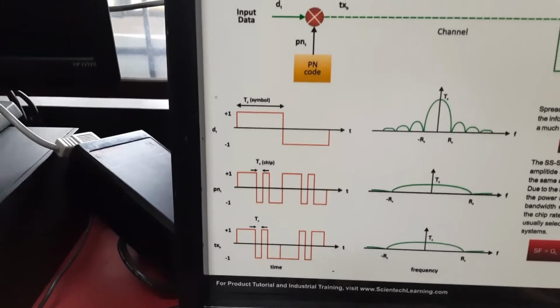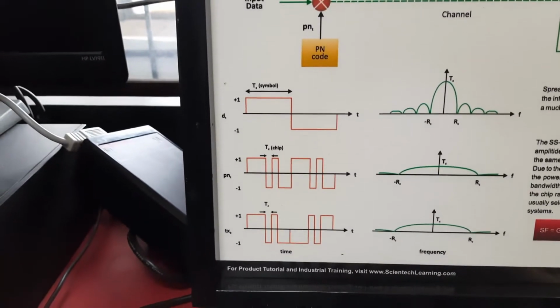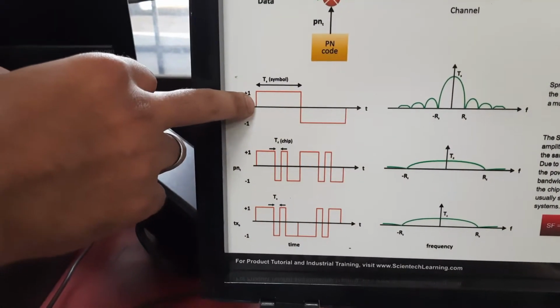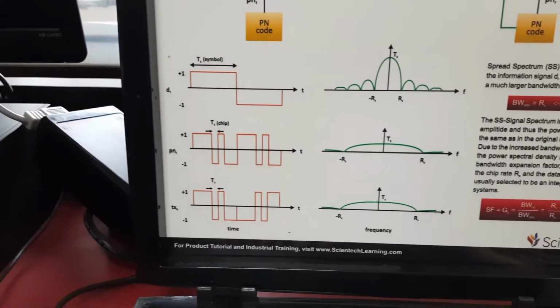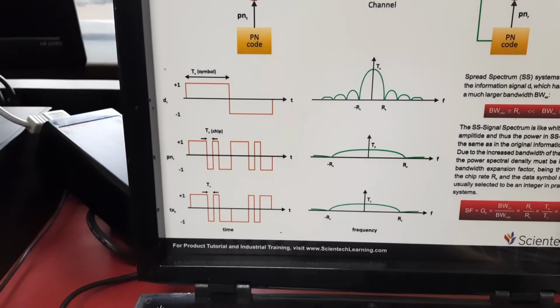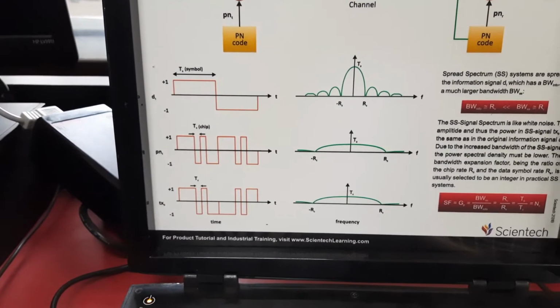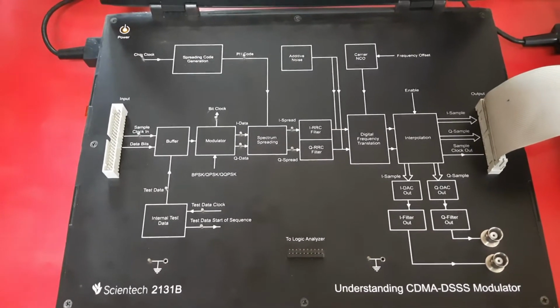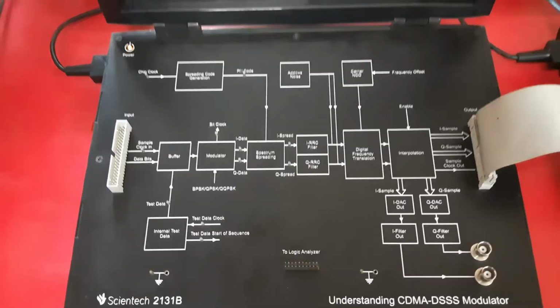The main principle of spread spectrum communication is that the bandwidth occupied is much higher than usual. You can see here that the bandwidth required for the data symbol is less compared to the bandwidth required for the transmitted signal. The spreading is done by combining the data signal with the code we have generated. Basically, the PN noise signal has three properties: balance property, run property, and correlation property. We can verify these also by using this kit. And this is the software required for performing the practical.